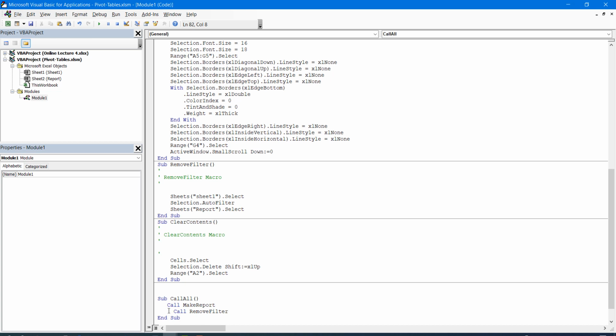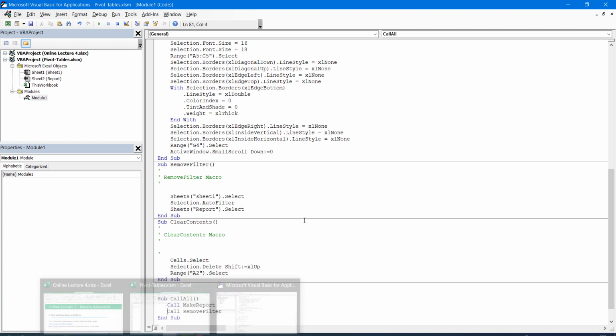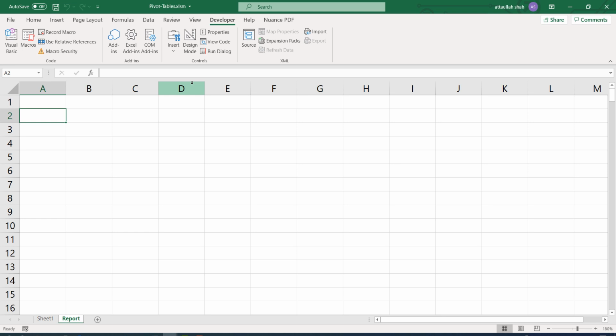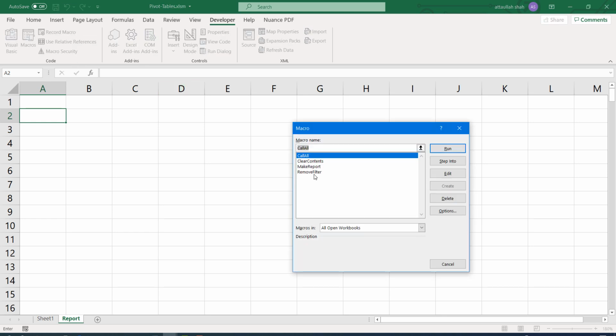And now with call all, we are running two macros together. Let's hope it works. Go back to macros, and we have a new macro, call all. Let's run it,